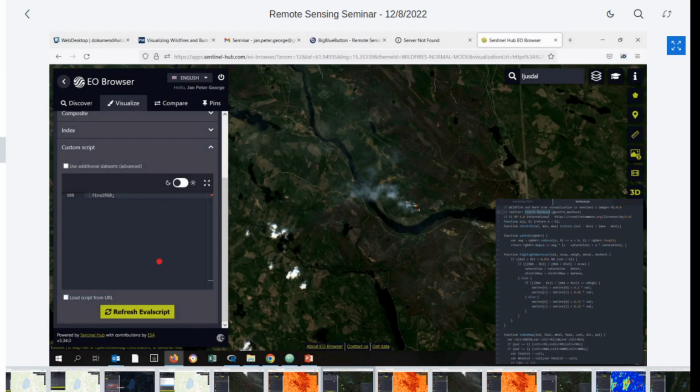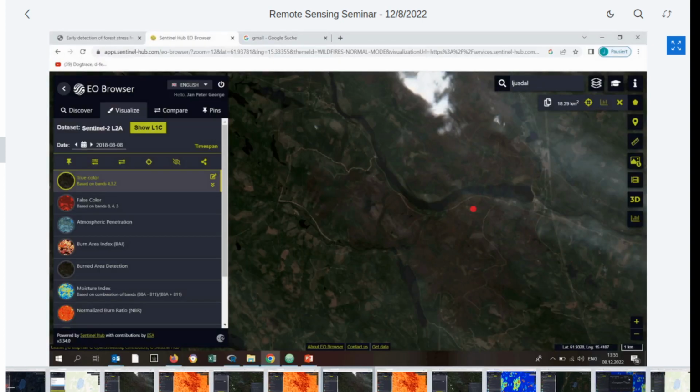Yeah, so what I did, for instance, here's an option which is called custom script, and you simply copy and paste a Python script in this window here. So here I had a Python script of my own which I simply copy and pasted here as a small window. And I use this to visualize active fires where I exploited the shortwave infrared information a little bit more. So this is just a shortcut from the script. The whole script is a little bit longer, but you see, so when you compare, for instance, with the slide before, here you can't see the active fires because this is here a regular true color image.